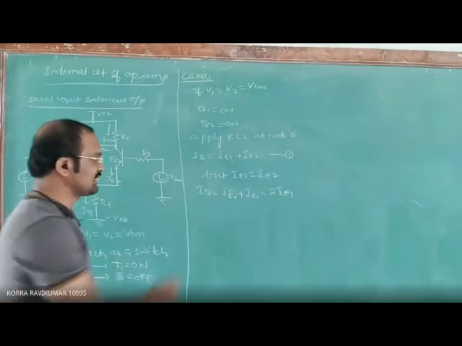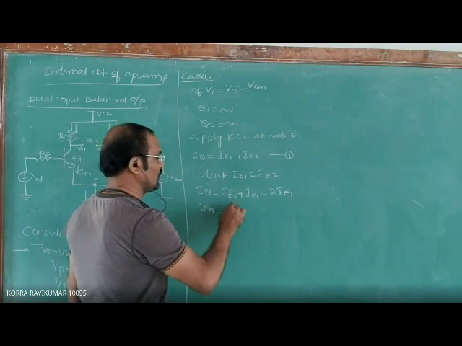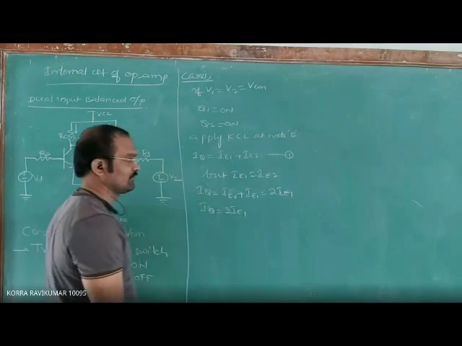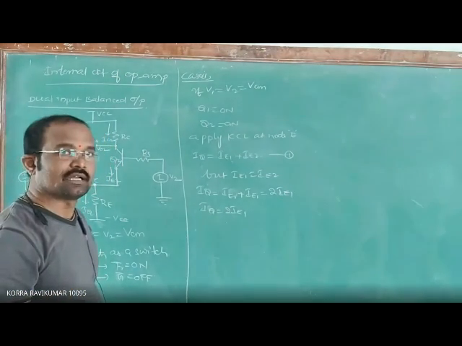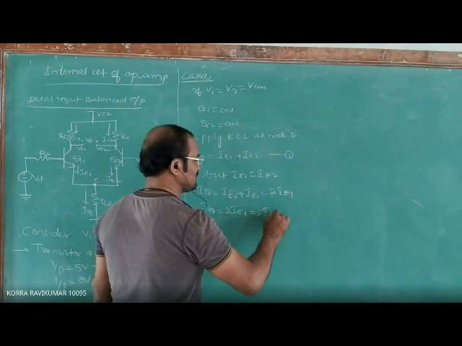So IQ is equal to 2 IE1. From this, I want to write here IE1 is equal to